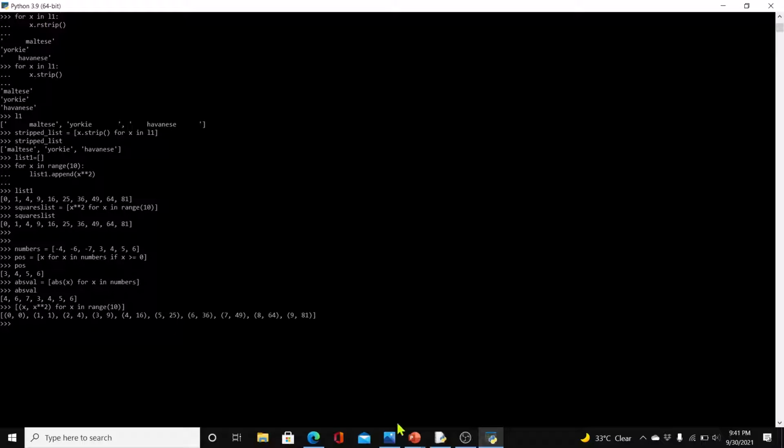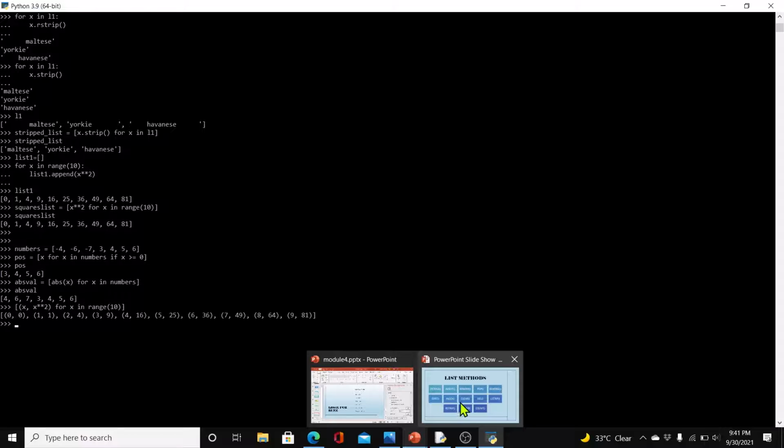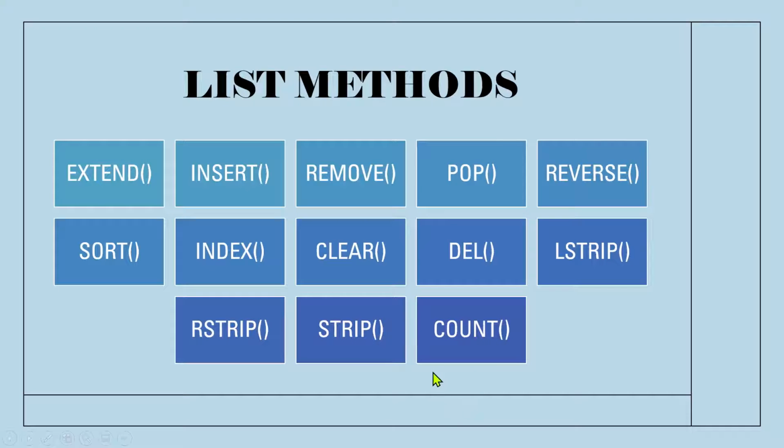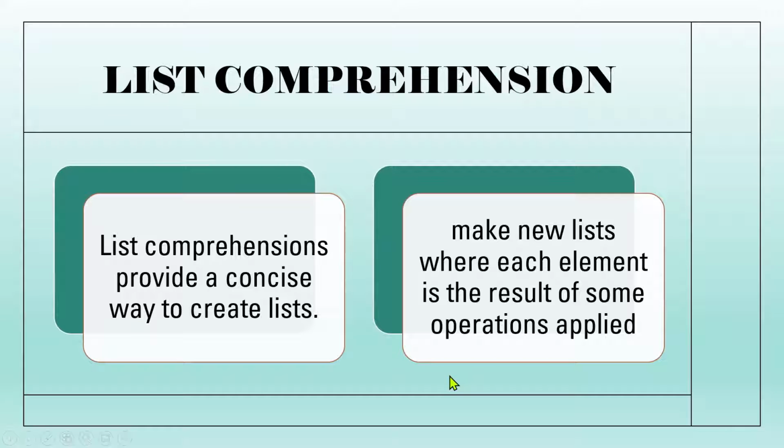Now, let's just summarize list comprehension. List comprehension provides a concise way to create lists. We saw that. It makes a new list where each element is the result of some operation applied. Okay, which leads us now to our discussion on